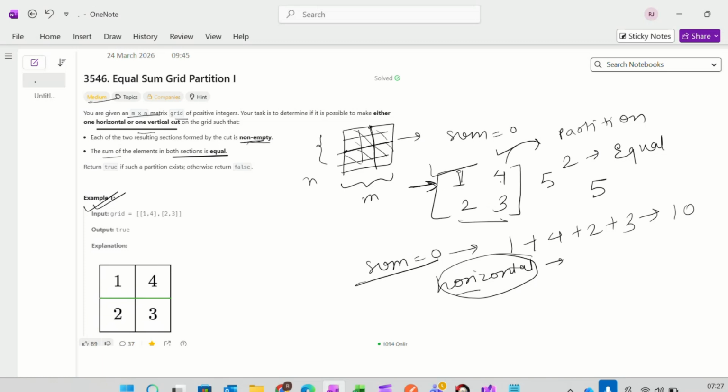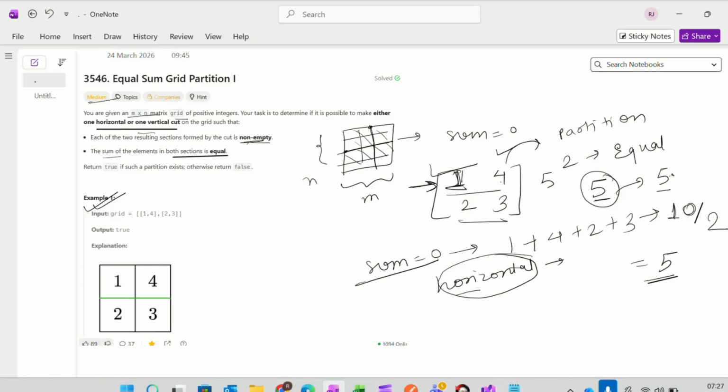And if you see, the total sum is 10. So 5 is half. If 5 is half, then the remaining will automatically be 5 only. So basically we will try to find the sum by 2 value. Here the sum by 2 value is 5. So we traverse the first row, and we got the sum 5.